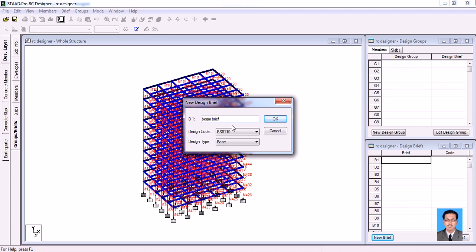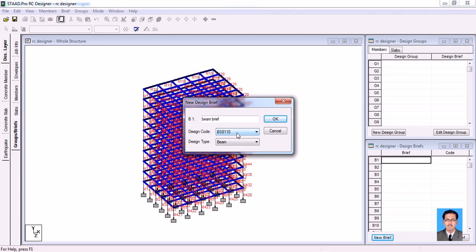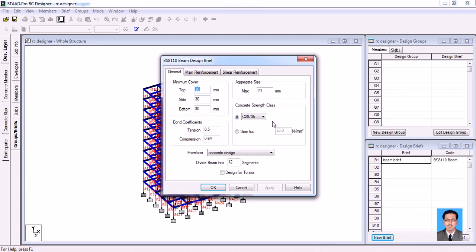I'm just providing the beam brief, and then you can select which design code you want to use, and the design type, since these members should be designed as a beam. Once you click OK, a new dialog box will pop up where you can provide all the design data needed. You can see top cover, side cover, and bottom cover, plus maximum aggregate size, concrete strength class, and